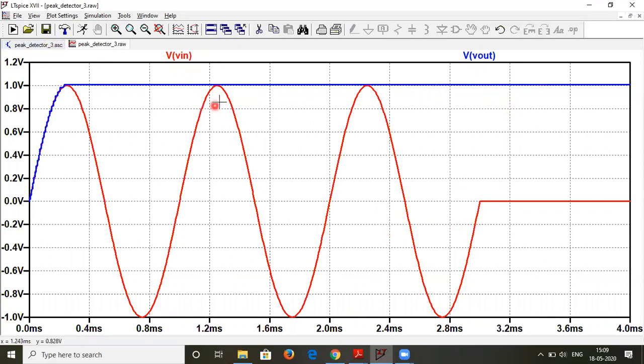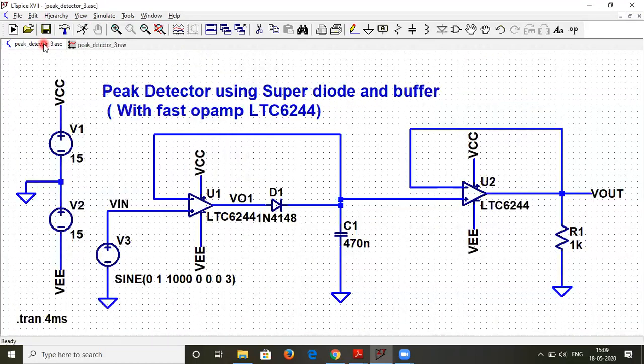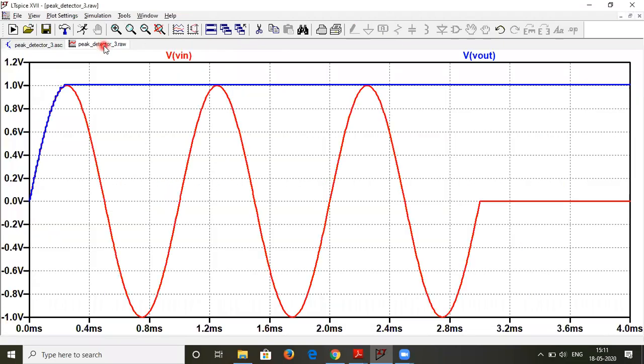So indeed, this circuit is giving you a perfect peak detection, but there are some problems. I will not explore this in detail, but the output of the first op-amp is slightly misbehaving. So this circuit, that is the peak detector using the super diode and the buffer over here, is actually detecting the peak of the input signal.